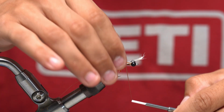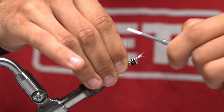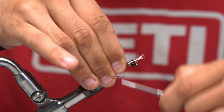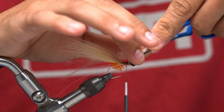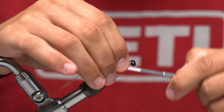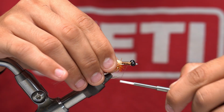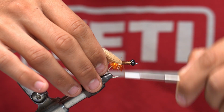I'm going to go ahead and invert it again, and I'm going to really start cranking on the back of these feathers while holding the tips of them. And then I'm going to stop right before the eyes and then trim those last little barbs off, and then go back over it and just cover those up. Then I'm going to take my thread and I'm going to move it just right in front